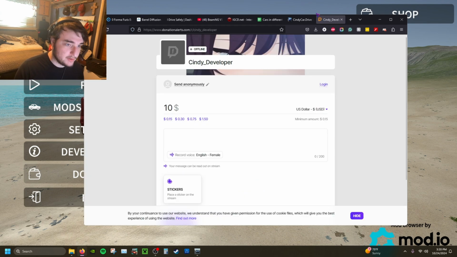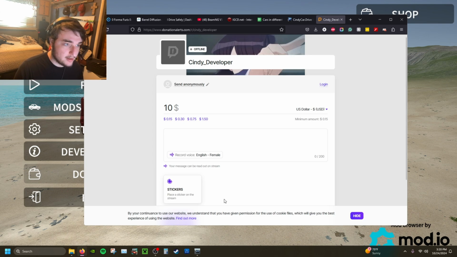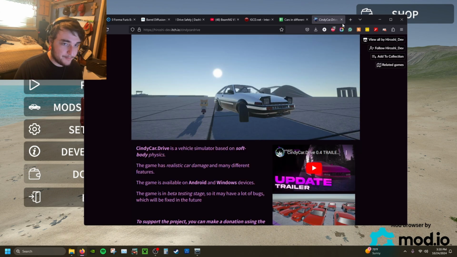Obviously, if you live in the US, the exchange rate is going to be different depending on the type of currency you use in your country. And then obviously there is a donation page for them. So yeah,